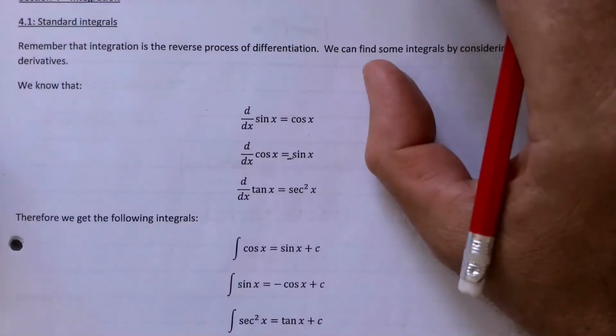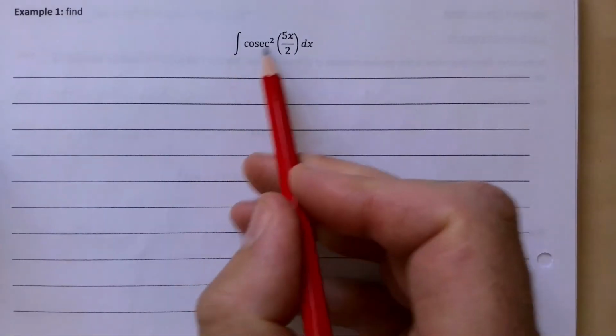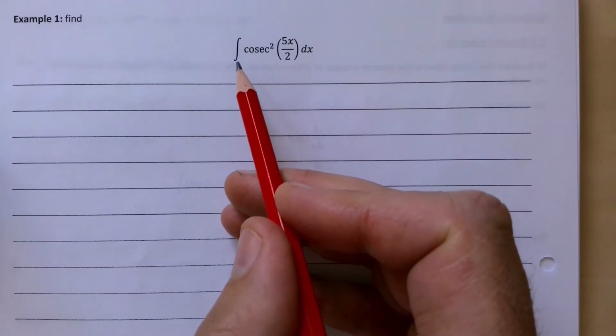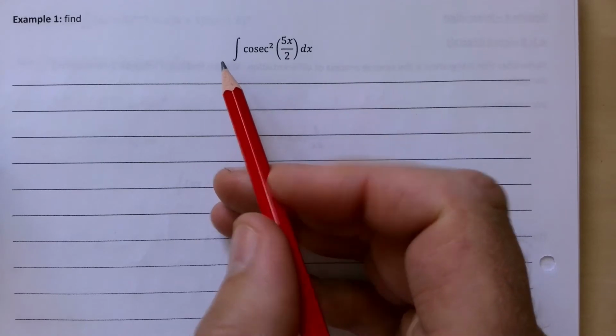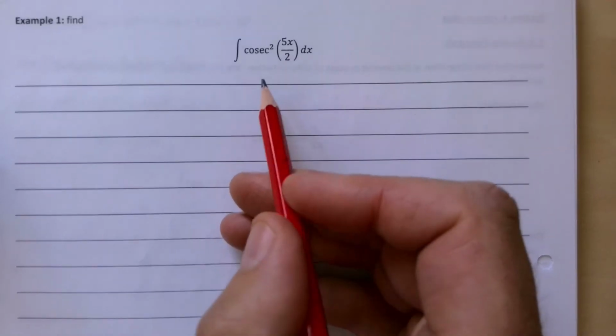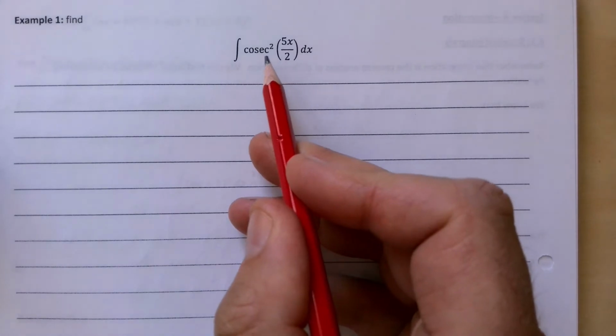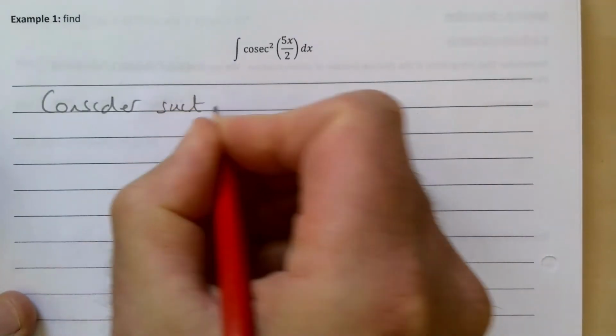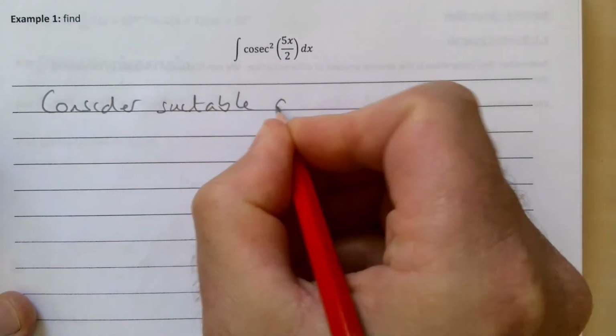Let's take a look at a couple of wee examples. Again, we're just going to consider various things that we know. So we have cosec squared and we're integrating it. I guess if you look up your formula book, you will see that if you differentiate cot, you get cosec squared. So we're going to try and consider a suitable derivative. So let's actually write that. So consider,